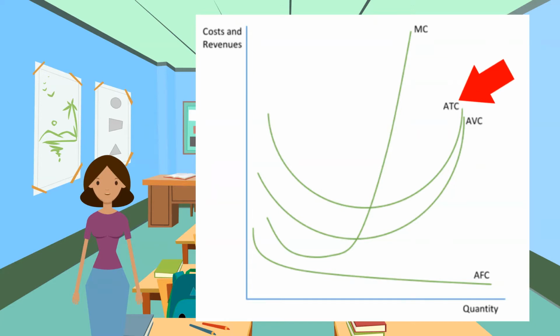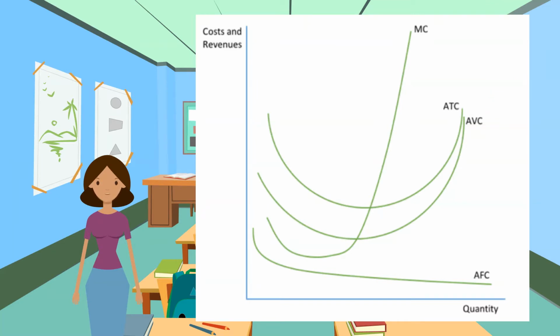The average total cost curve, also called AC or ATC, is U-shaped due to the law of diminishing marginal productivity. Costs initially fall as machinery is used more efficiently, but as production continues to expand, efficiency falls as machinery is overused. The average variable cost curve, or AVC, is also U-shaped, but it gets closer to ATC as output increases